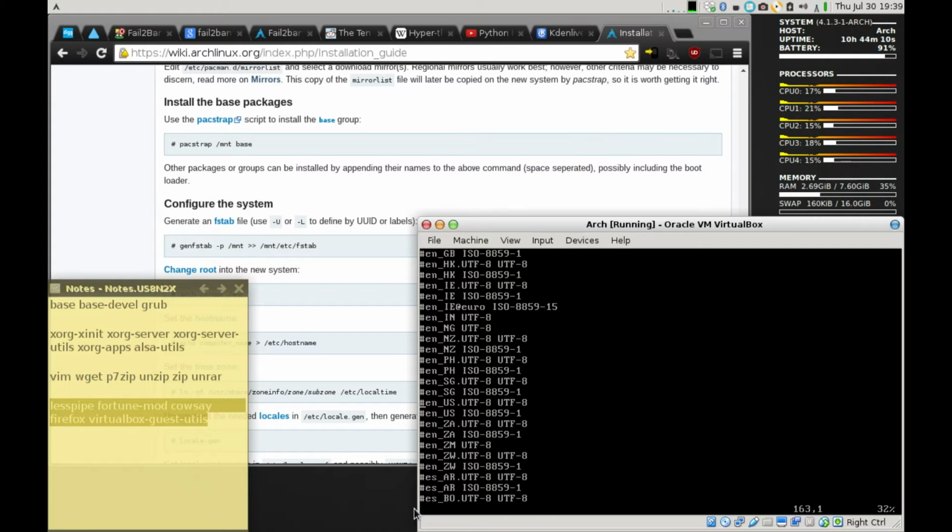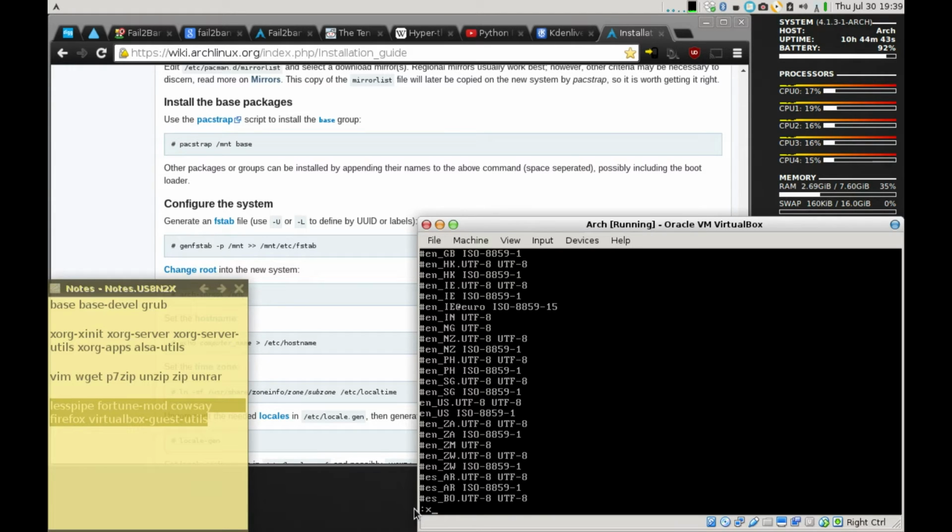You're going to want to find the keyboard and language that you use and uncomment it. These octothorpes here, the first character in each line, mean that all the lines are commented out and ignored by the system. So if I delete the octothorpes in these two lines here, these two are no longer commented and they're actually read by the system. Everything else with an octothorpe is ignored. So again, since I'm in the US and I speak English, these are the two lines that I'm focused on,